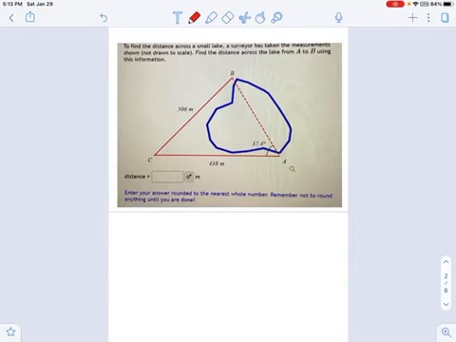In this problem, I'm showing a picture of a triangle. A little cute backstory about a lake and a surveyor, but basically this is saying solve for the dotted line side. So I want to figure out one of the sides of this triangle, and in this case, let's decide whether we need the law of sines or something else.